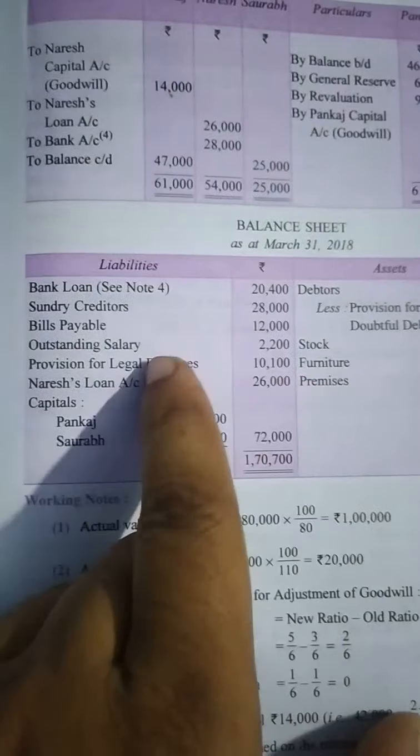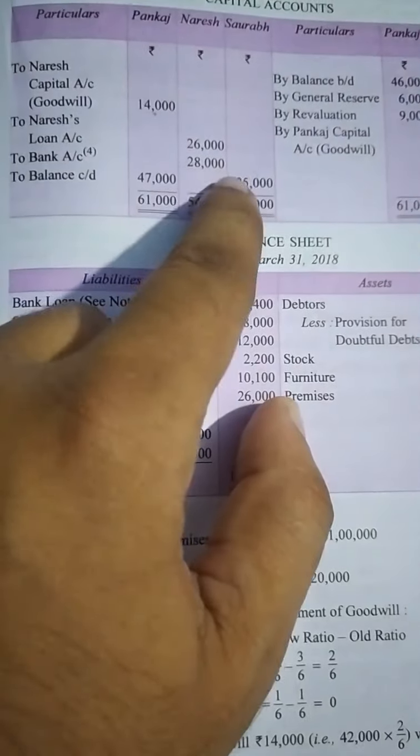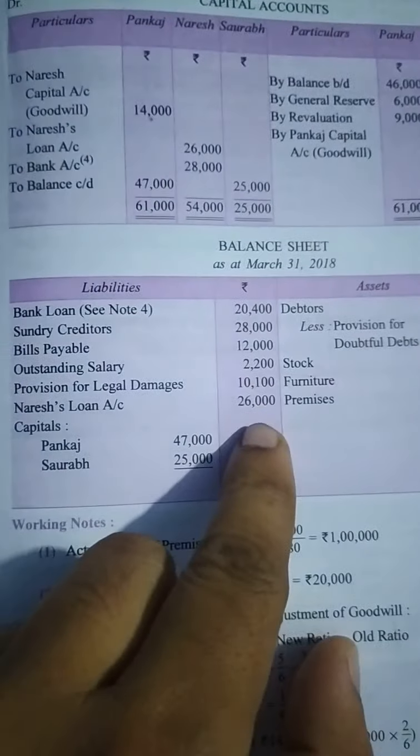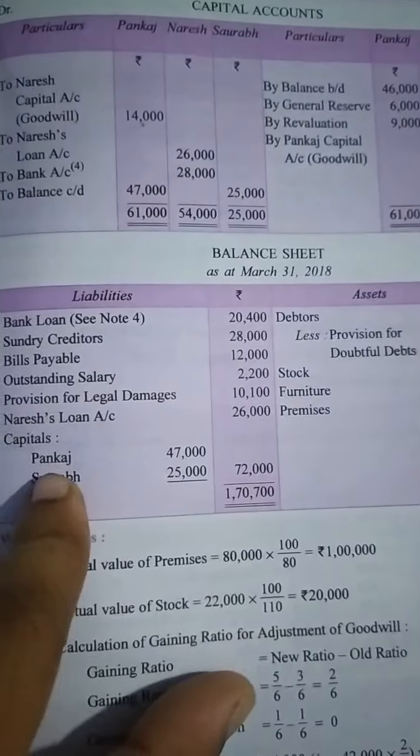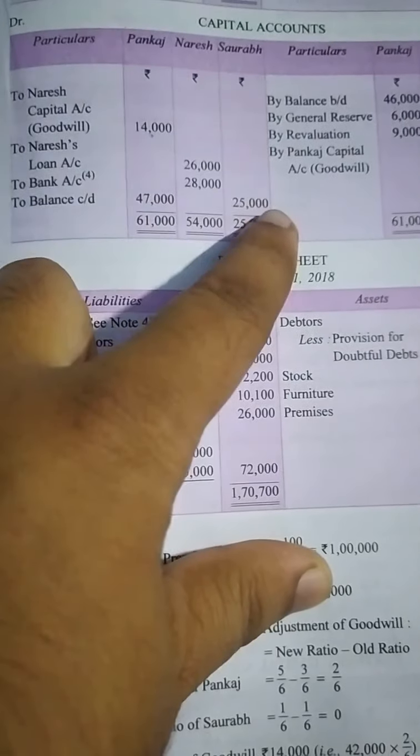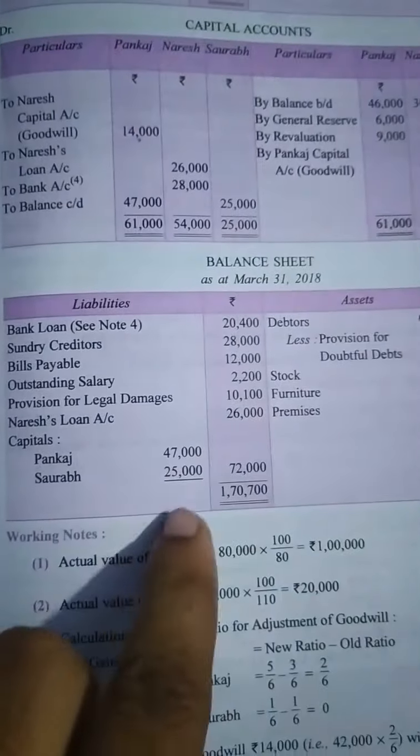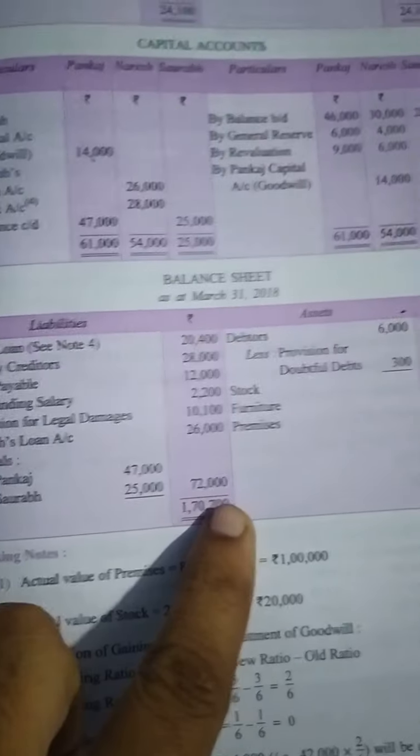Naresh's loan, you can already see here. Loan is a liability and is shown on the liability side of the balance sheet. Capitals of Pankaj and Saurabh, 47,000 and 25,000. Add them. Now on the asset side,